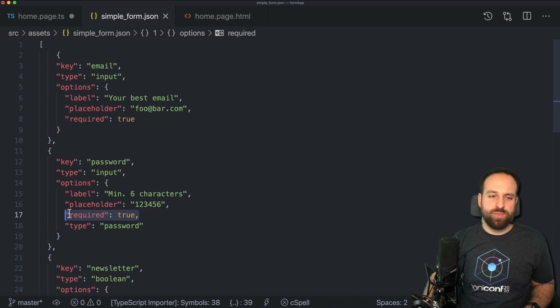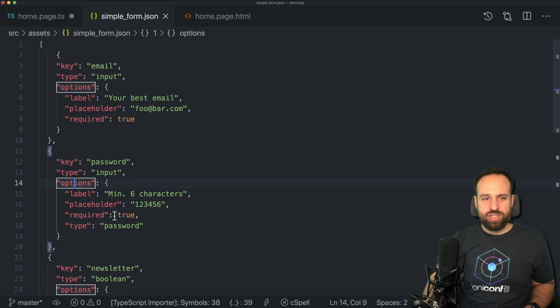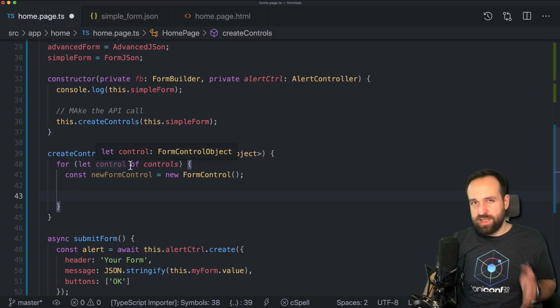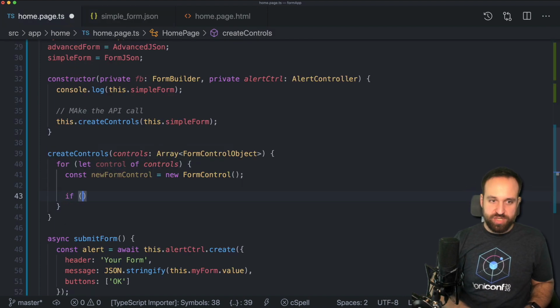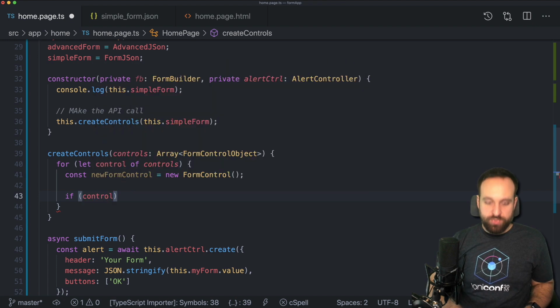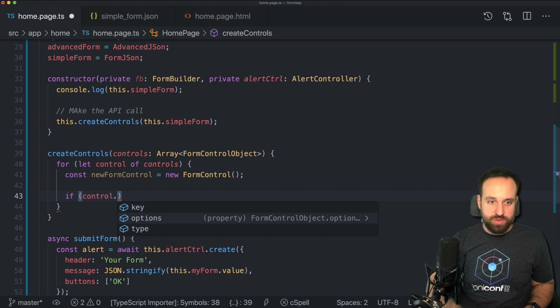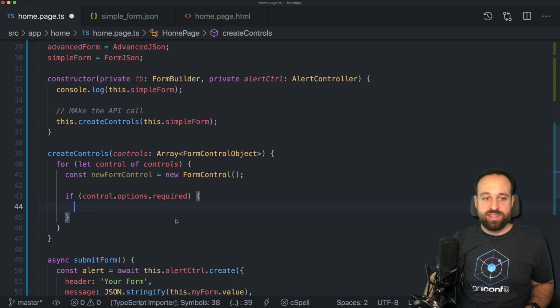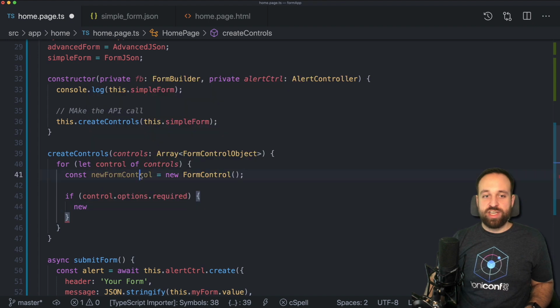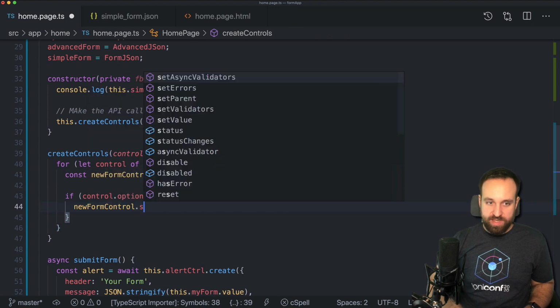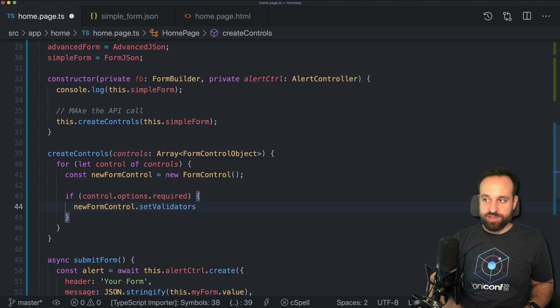Perhaps we could even move that up to the top level, could work as well. I just want to keep it in the options, but that's completely up to you. So if you want to check for the control field, for the required field, we could now check control options required because we got nice interfaces. And then we can change our new form control and set the validators to